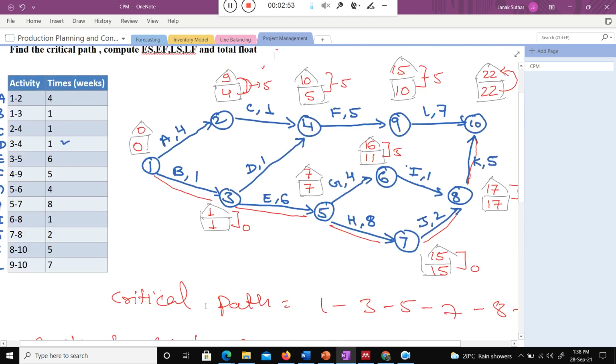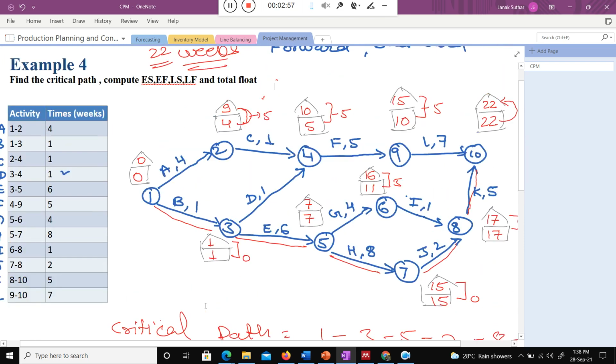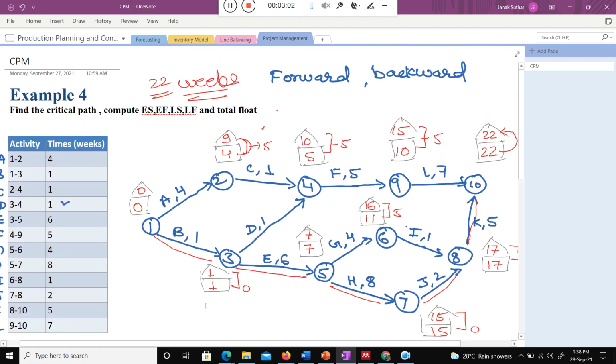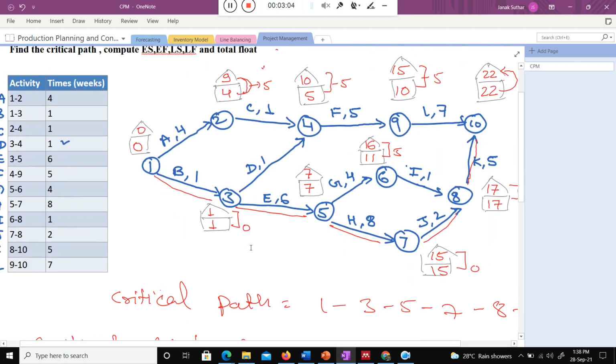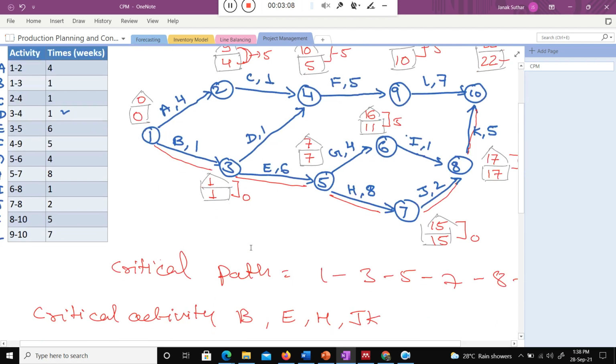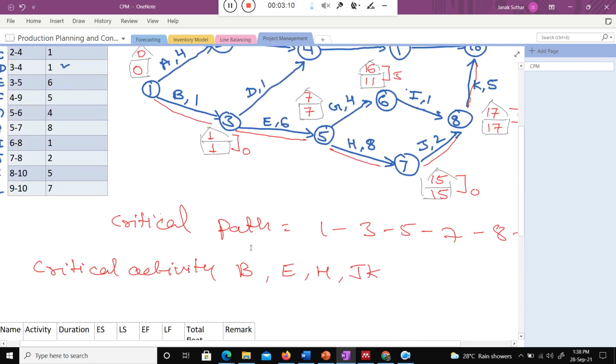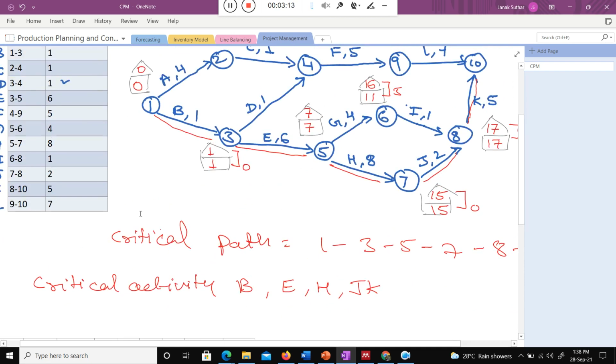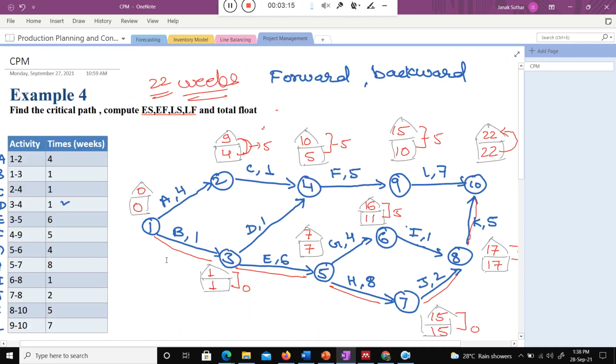Even if I am not interested in doing this backward and forward pass, and I'm not interested in making this template and miscalculating the forward and backward pass, then what is the way to calculate the critical path? What is the way to calculate the critical path, class? Just try to understand. In this diagram, you need to identify the number of paths available. That is the simplest method to find out the critical path.